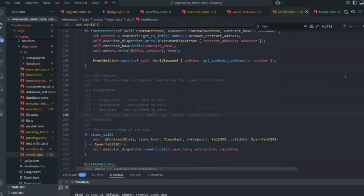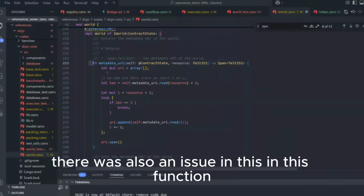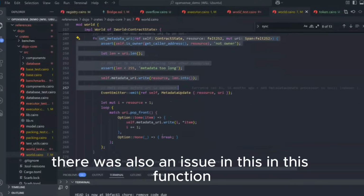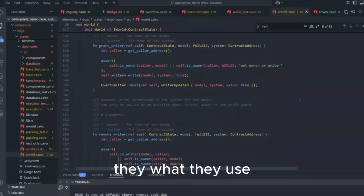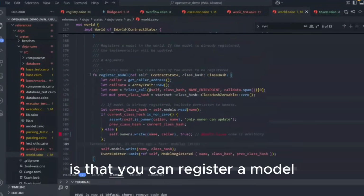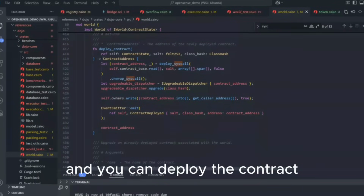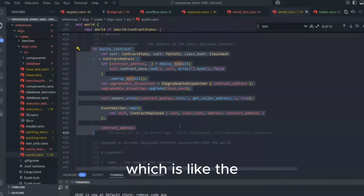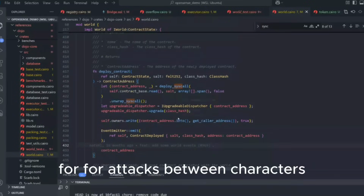Yeah. And there were interesting issues. Okay, find it. There was also an issue in this functions and metadata, but let's skip it. What we will find out if you go to this code is that you can register a model and you can deploy the contract, which is like the system contract, the logic in the games, for attacks